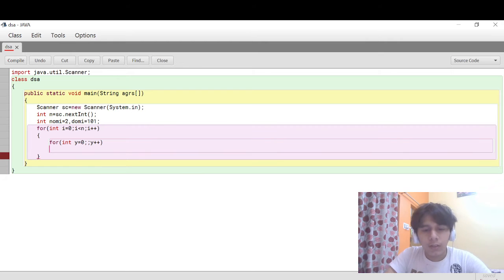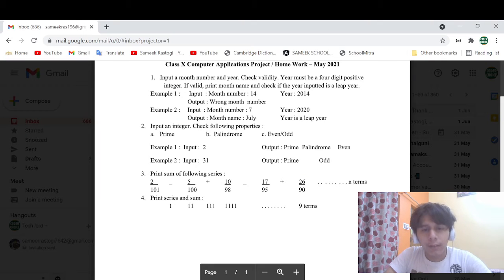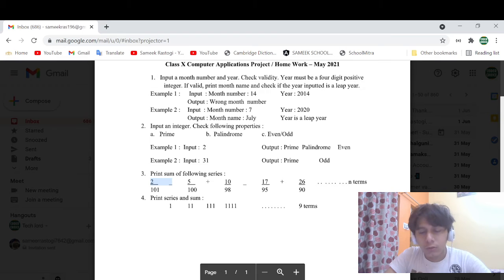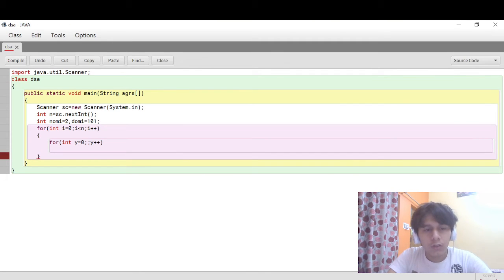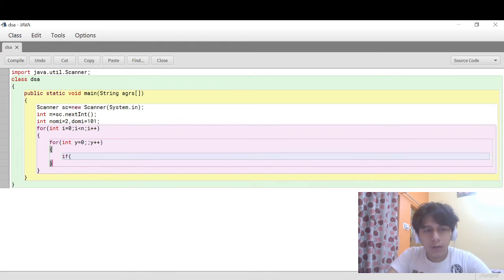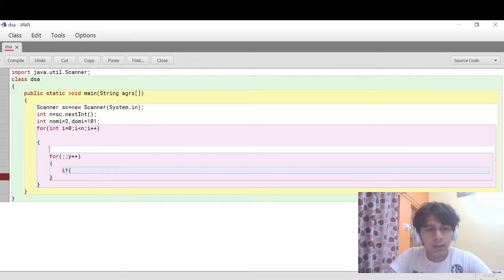So the numerator is a prime number or even number, sorry, odd number. So the numerator is an odd number. So we have to do it like this. We will not initialize it, you must be knowing why we are not initializing it.